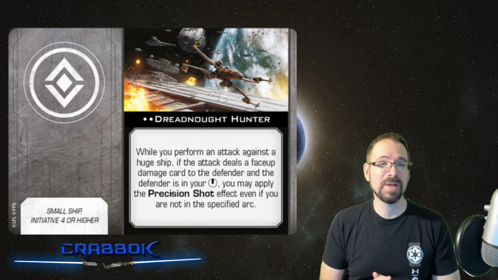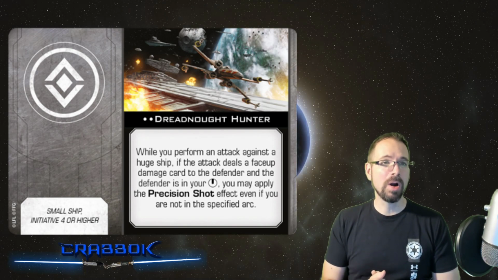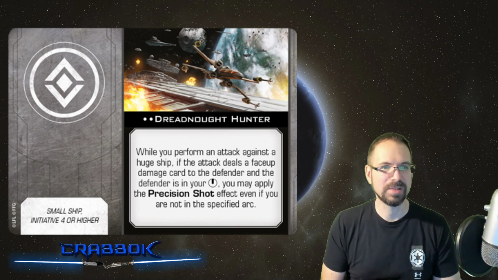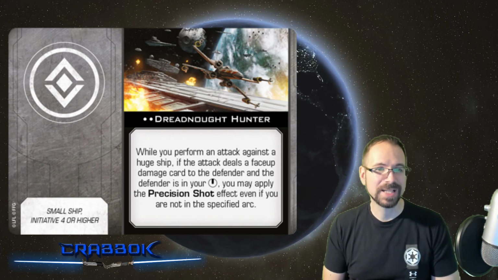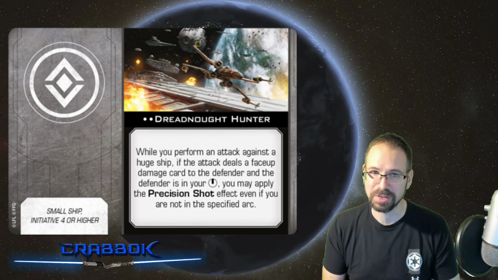We get this awesome Dreadnought Hunter card. I like this one. And obviously the artwork looks like it's from the Battle of Endor, but the style of this is definitely in the style of Poe from The Last Jedi. While you perform an attack against a huge ship, if the attack deals a face-up damage card to the defender,